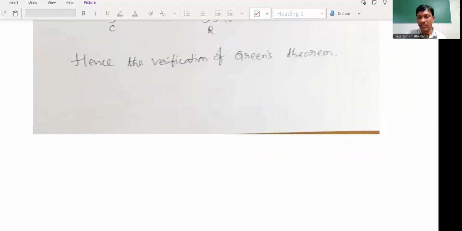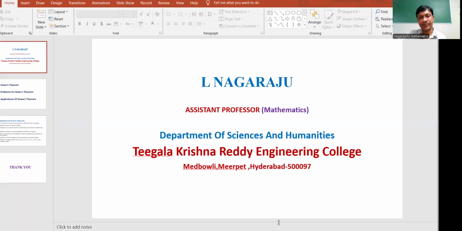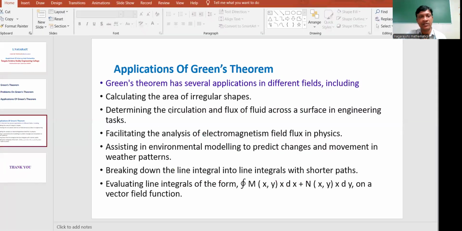Next, coming to the applications of the Green's theorem. Green's theorem has several applications in different fields, including calculating the area of irregular shapes, determining the circulation and the flux of fluids across the surface in engineering tasks, facilitating the analysis of electromagnetic field flux in physics, assisting in environment modeling to predict changes and movement in weather patterns,